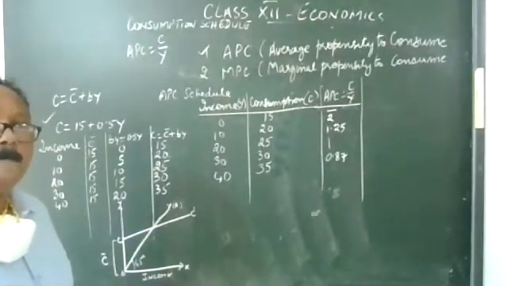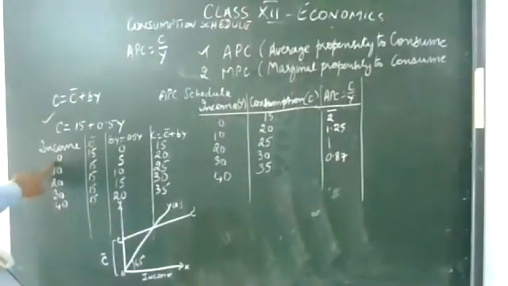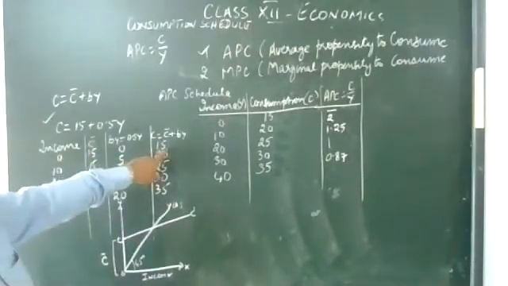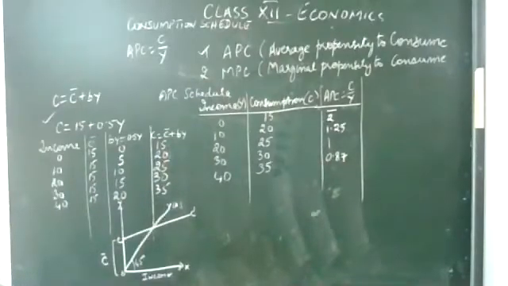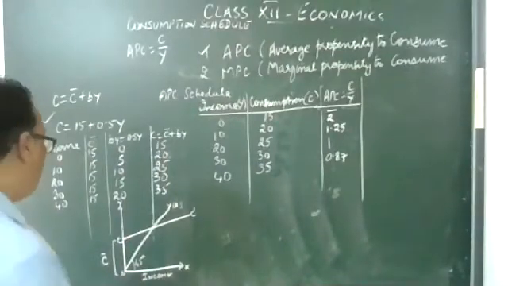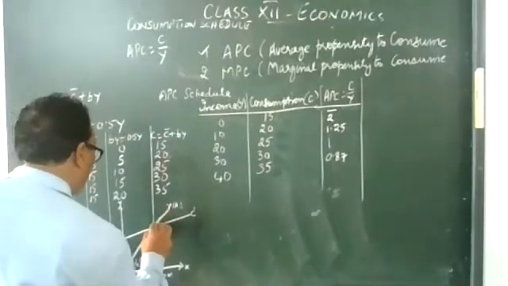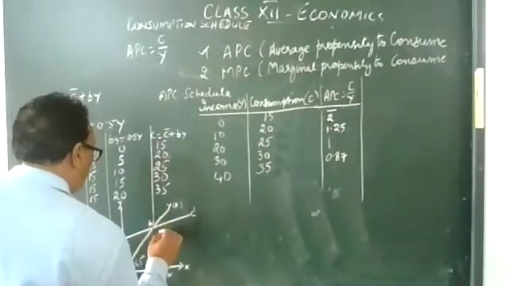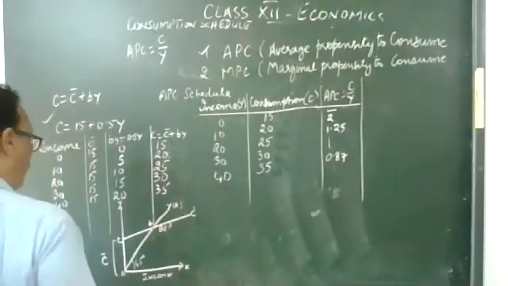which means that when income is 0, there is still some consumption. So when income is 0, consumption is 15. You have consumed 15. How? Through savings, meaning from your borrowings or from your savings in the savings bank account. At this point where the consumption curve cuts the income curve, let's call it A. This is called the BEP, which is the break-even point.